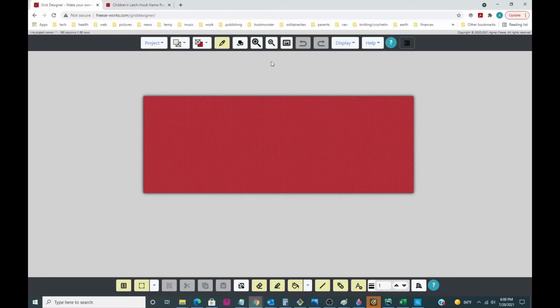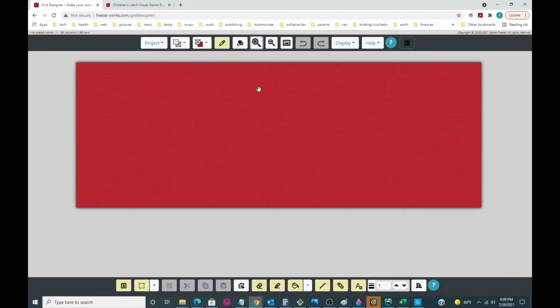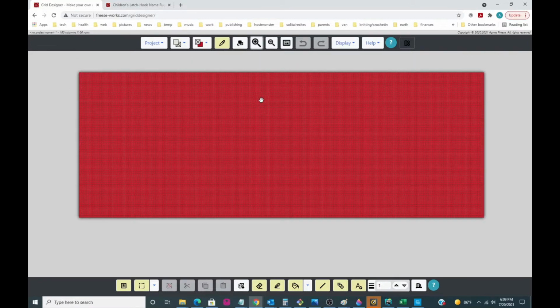You can make this smaller and larger with the zoom in and the zoom out buttons. So if I zoom in, I can get it a little bit bigger. We'll make it a little bit bigger so we can see what we're doing a little bit better. Now, the first thing that you want to do when you get into your project, make a new project, is you want to set the background color and clear your screen to be that color. Initially,